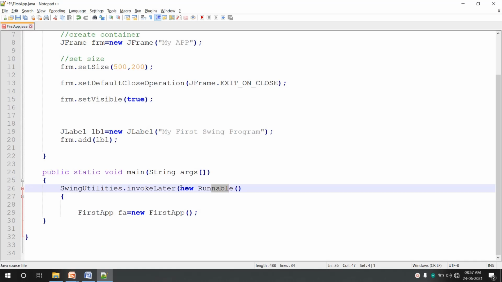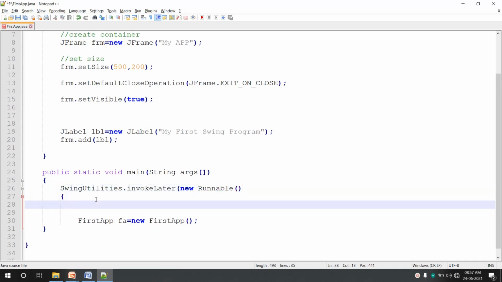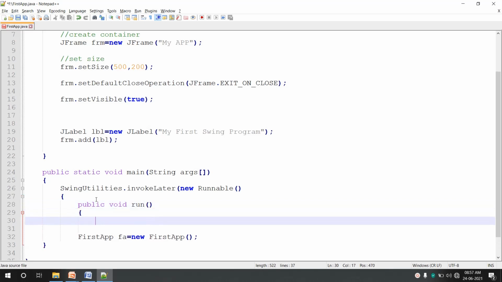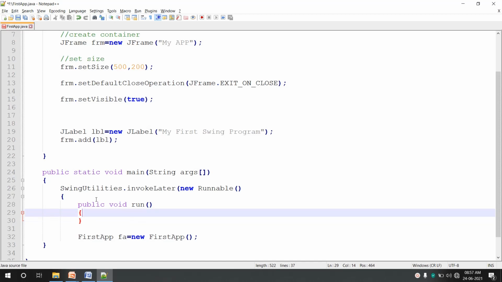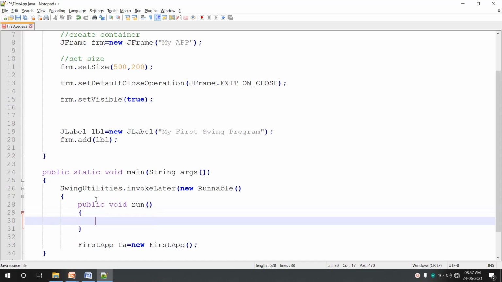So there is a class with no name here which is inheriting runnable interface, and as it is inheriting runnable interface, that class should provide an implementation of a method, that is public void run method. Run method is the heart of a thread, and as we know, whenever a thread is started, run method is called.